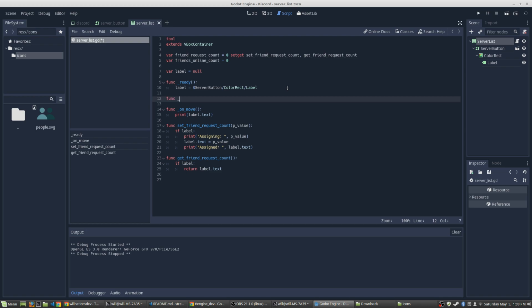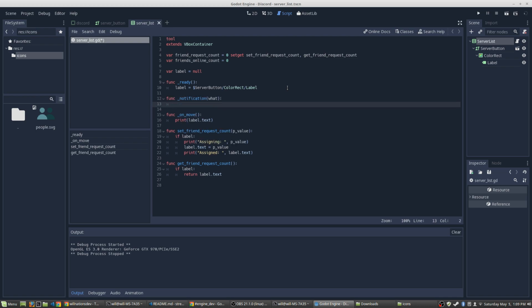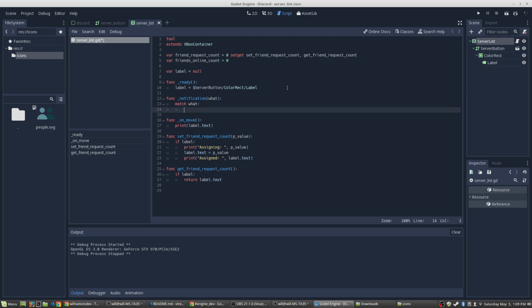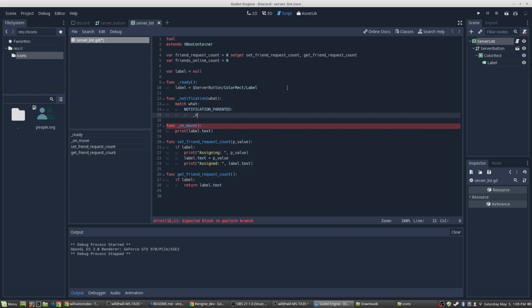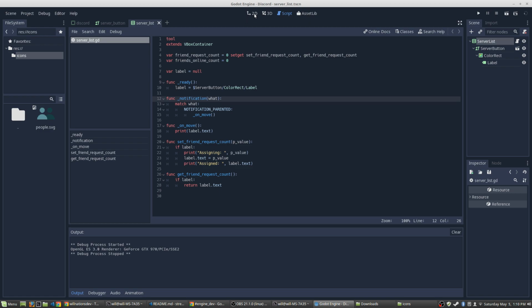I think I would do func notification, and then match what with notification. Resize, ready, process, delete. What do we got here? Parented. Yes, if you have been assigned a parent, then we want to call on move. Just try that out. I don't really know if that'll work, but